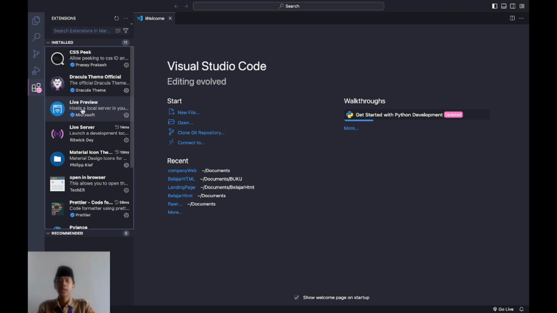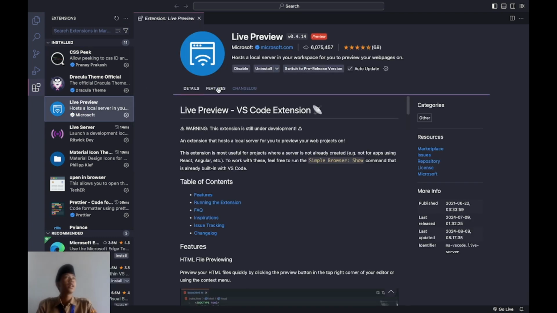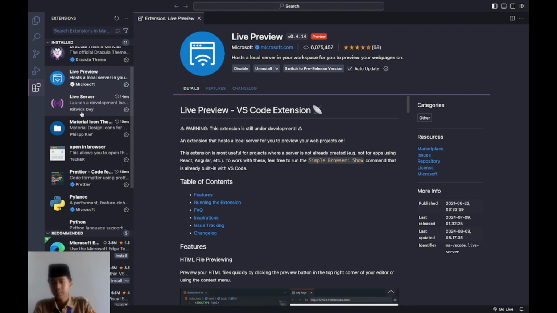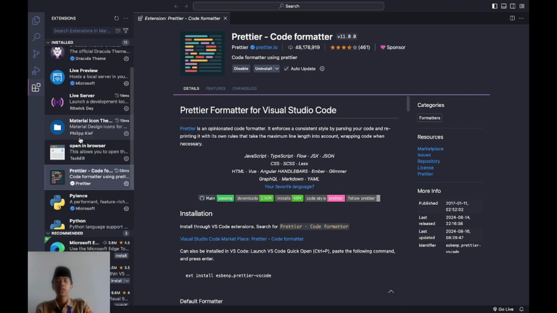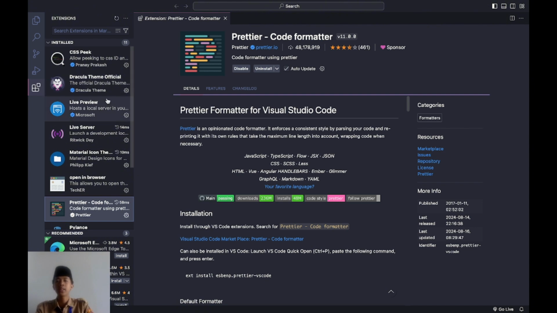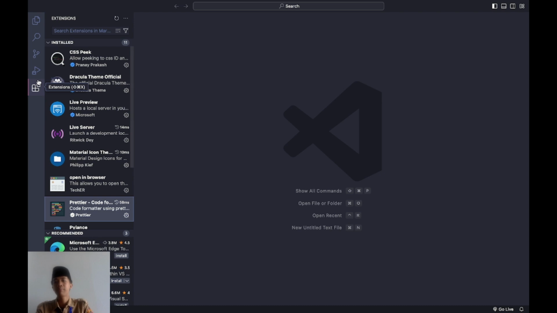The first one is Live Preview. You need to download Live Preview to preview your website later. The second one is Prettier Code Formatter. You can download these two extensions to help you learn more about HTML.